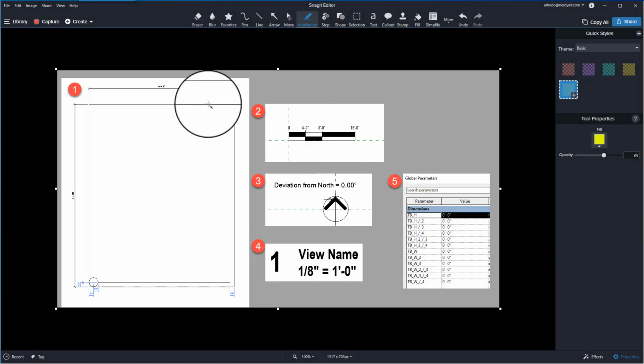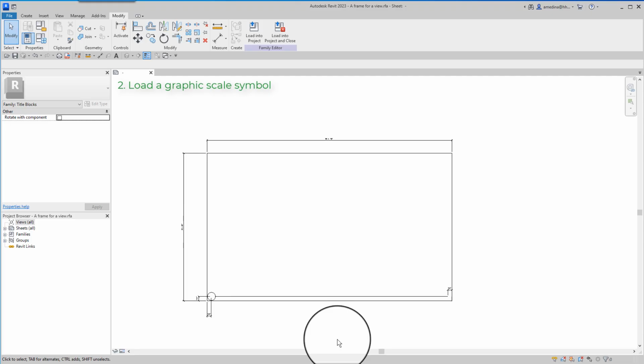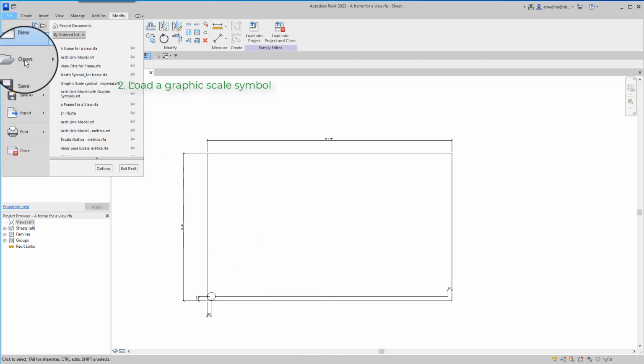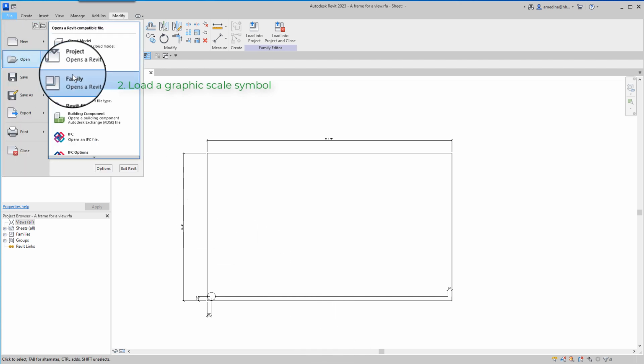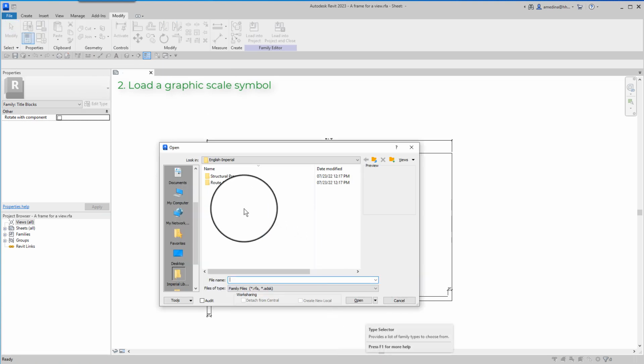Now let's go back to this board where we have all the elements that we need. And let's continue with item number 2, the graphic scale symbol. To load the graphic scale symbol family, I do this. File, open, family.